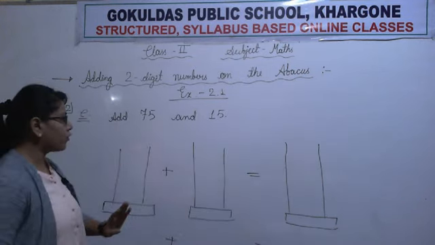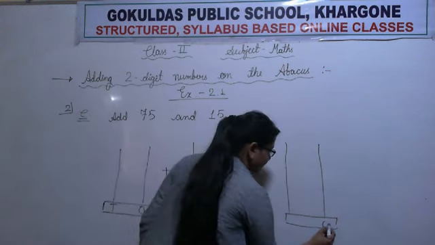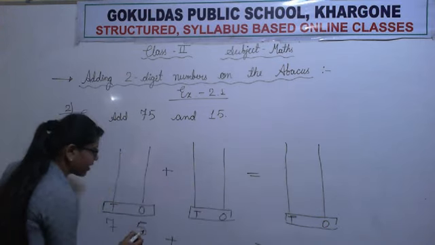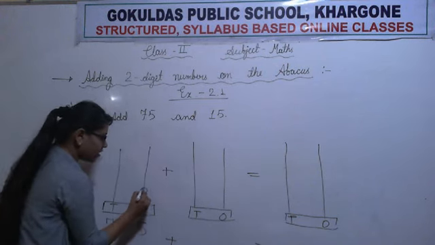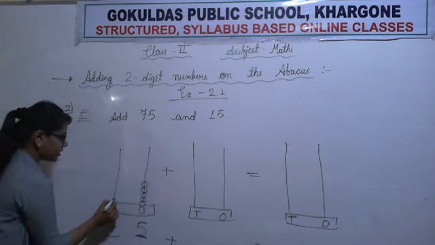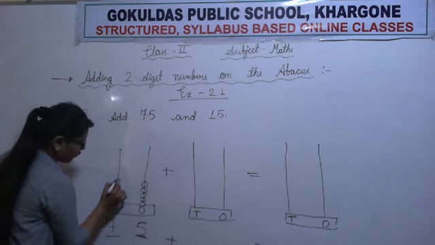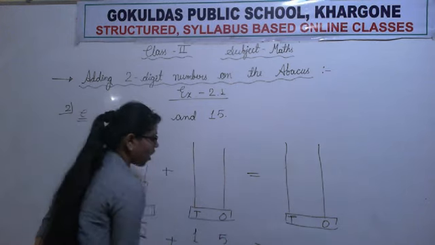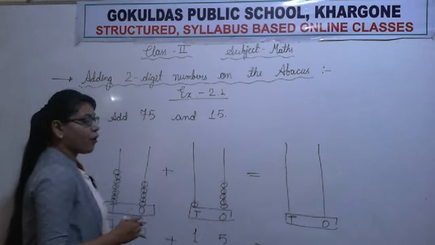This is how we will do it first. Then we will write one sentence position. Now let us write the first number, 75. Now we will represent 75 on abacus. It is very easy to represent a number. Just see the number and draw the same number of beads there. Now 7 is here, so we will draw 7 beads. 1, 2, 3, 4, 5, 6 and 7. Now the next number is 15, so we will draw 5 beads here and 1 bead here.